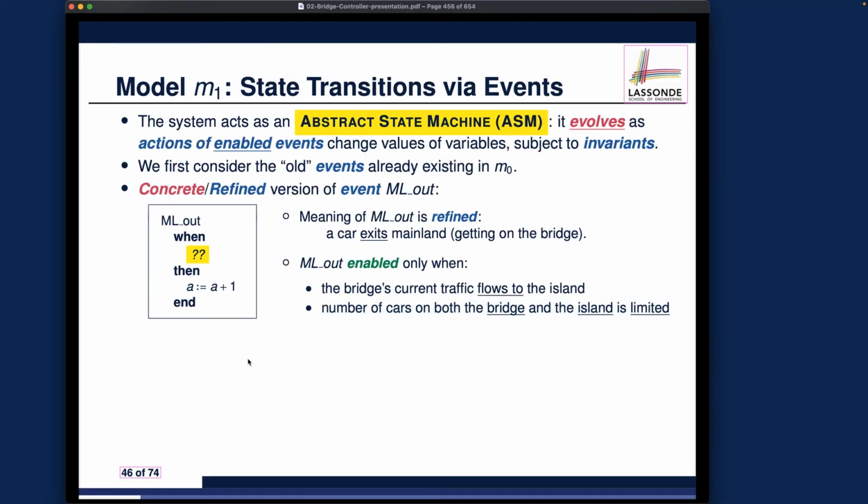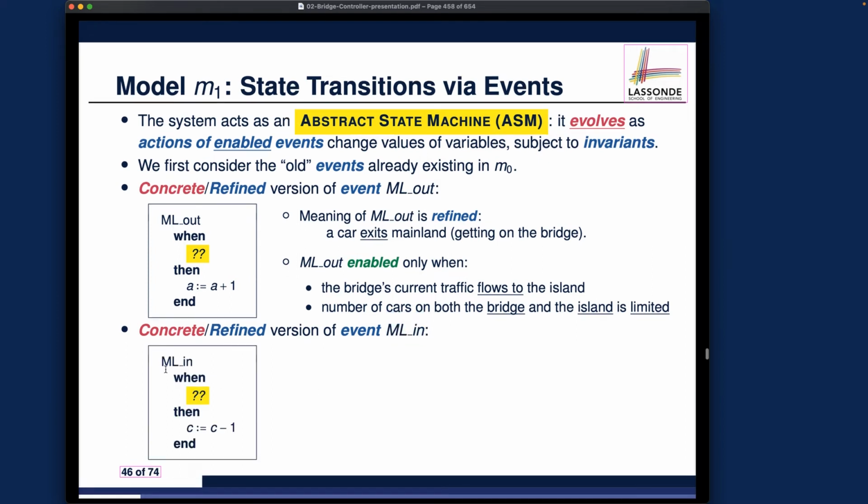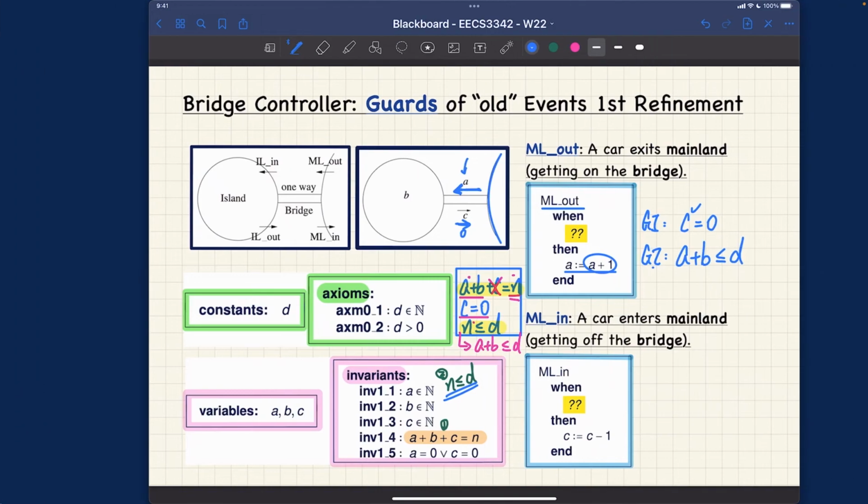Let's now go back to the second events. Well, this event MLN also already existed in the initial model, so we are now overriding it while we are refining it. Let's now take a look. For the MLN, we are trying to denote a car leaving the bridge and going into the mainland. So that's why mainland in over here, right? So what we are really talking about is some car that goes from the bridge and then into the island. Into the mainland over here, right? So just make sure this is mainland over here.